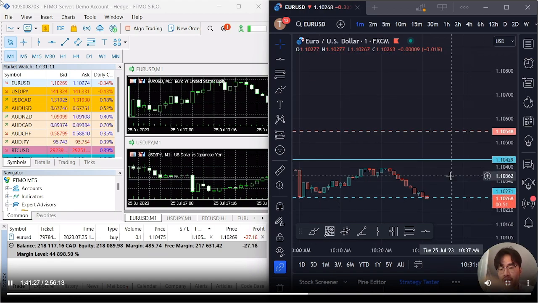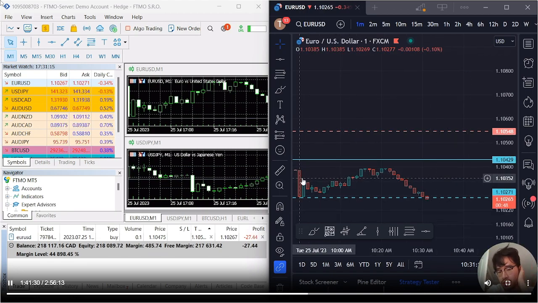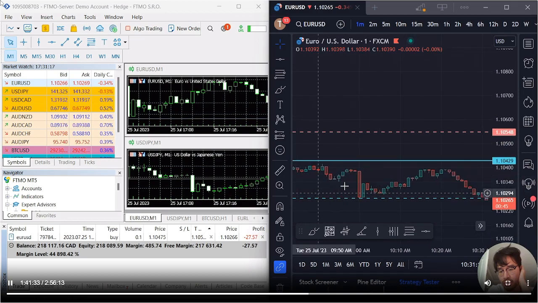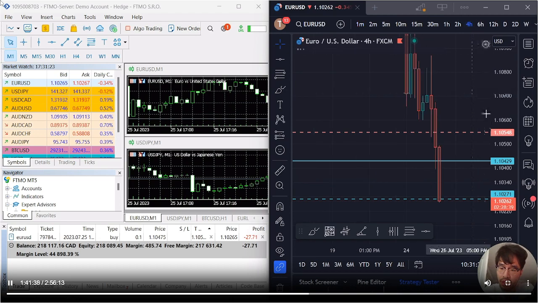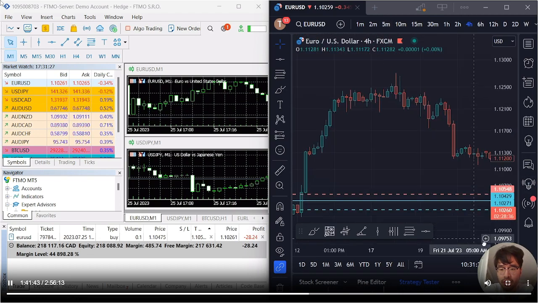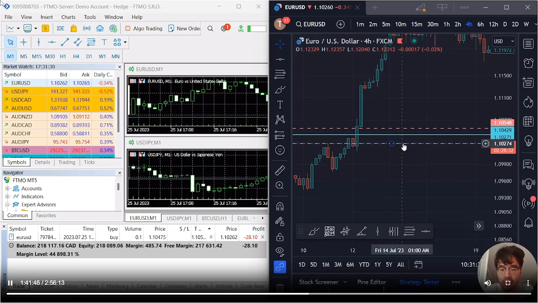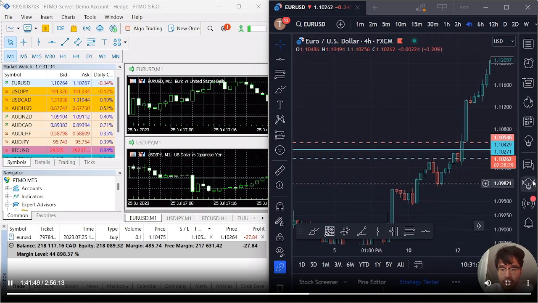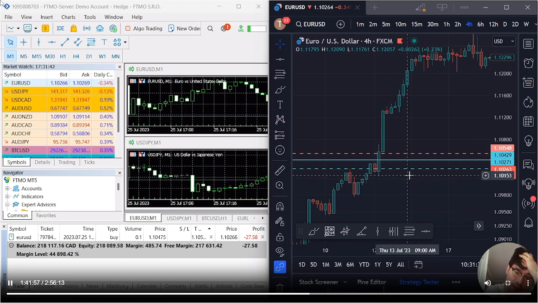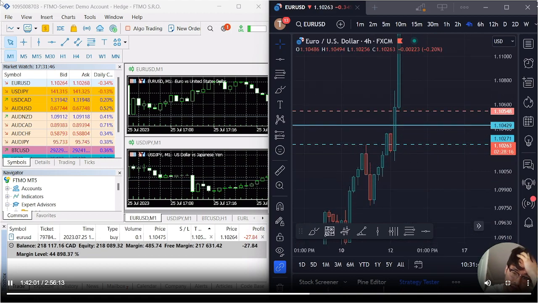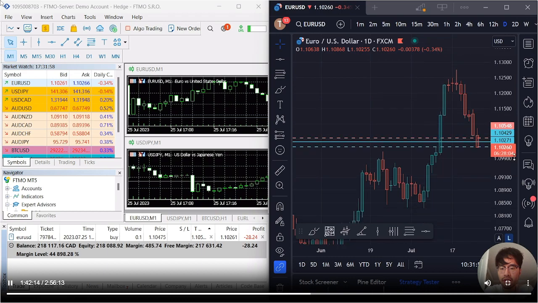That first dump should have set me off. Should have gave me a clue. That's a very sharp move down. And again, that initial sharp move down, people are still trying to sell this. Look at the 4 hour. Wow. It's not a good idea to try to catch a falling knife there, even though we are approaching this high. That was on June 10th there. So I'll give it some more. Look, this is the 4 hour. Yeah, it's definitely a high here, right there. Not exactly a good idea to catch a falling knife.